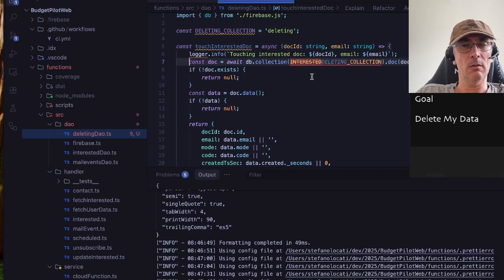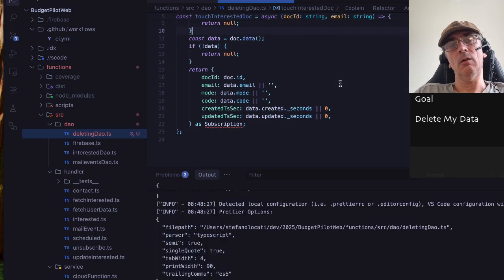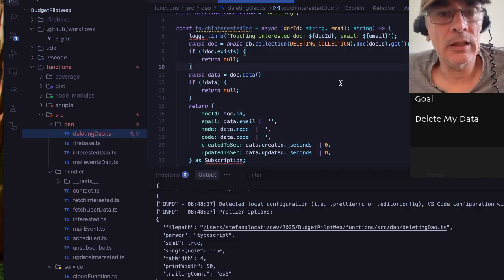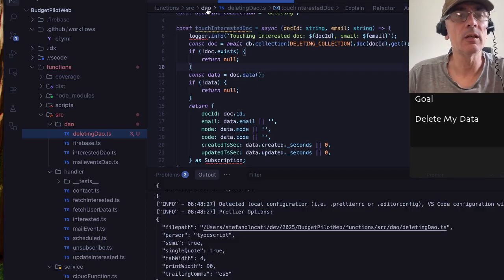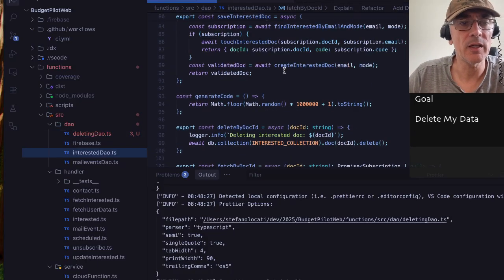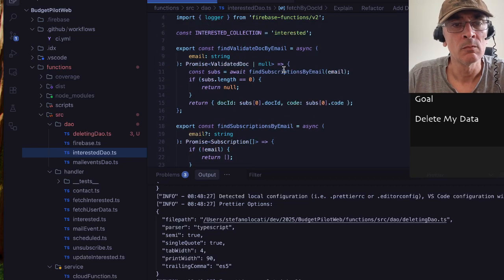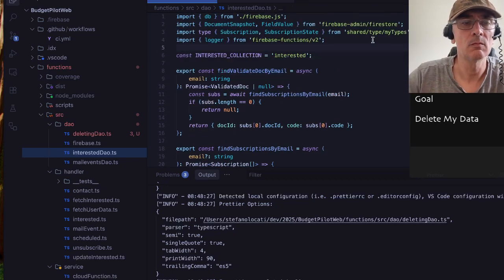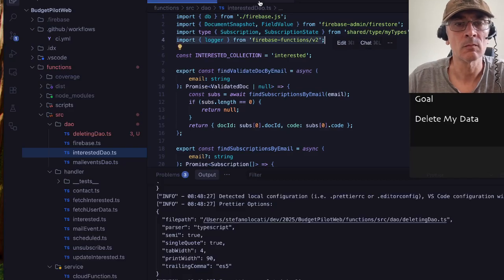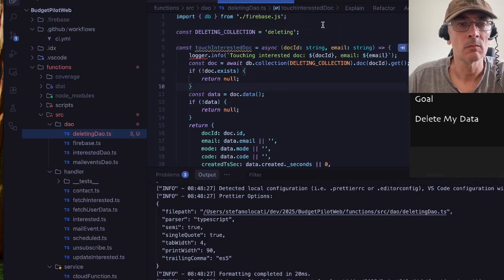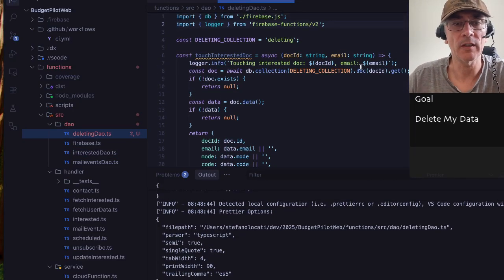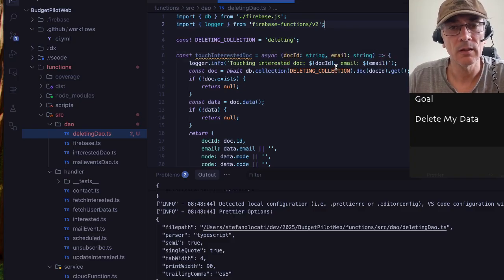Yeah, deleting collection. Okay, of course, the rest does not really make sense. We need to import the log and update the log message. Excellent. So it's not touching interested doc, but